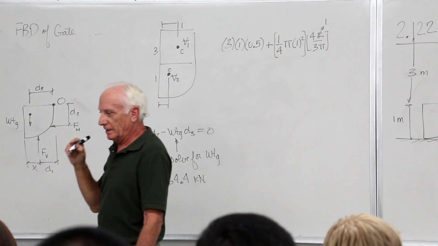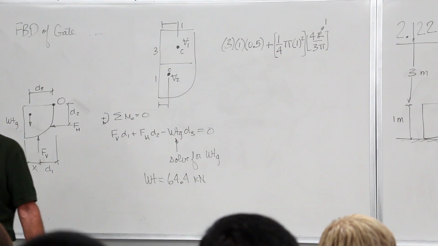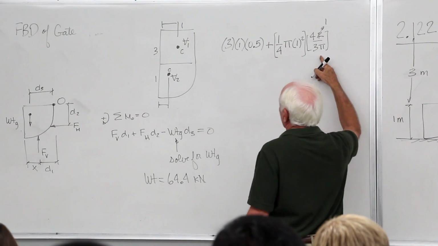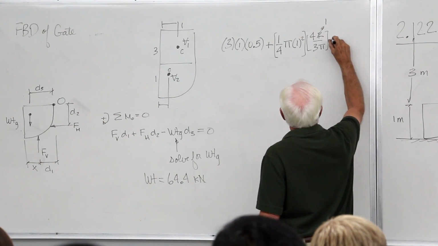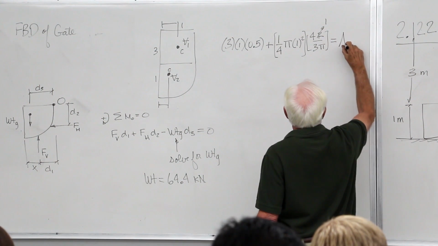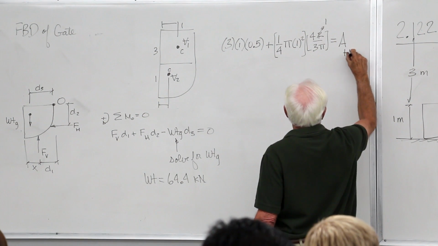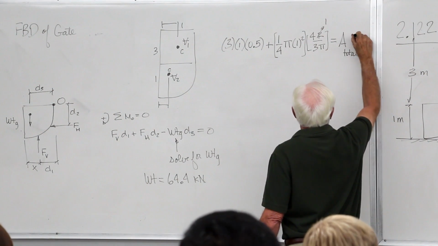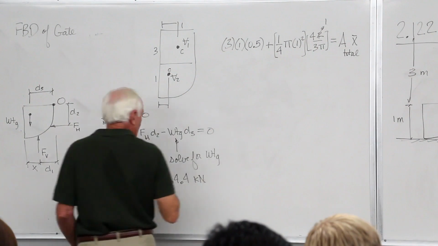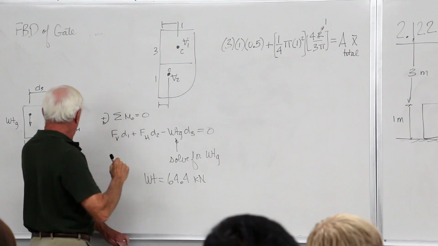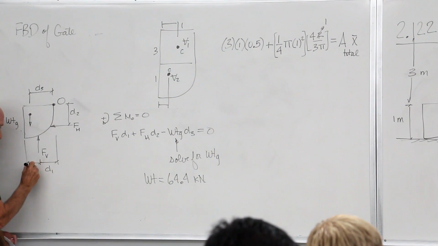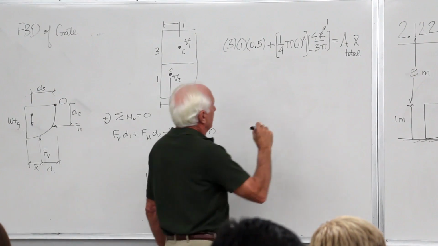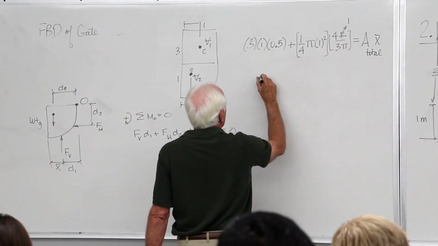That's the moment of the areas of each individual piece. They equal the total area times, we'll call it x bar, the distance to the centroid of the total area. Call it x bar. Total area